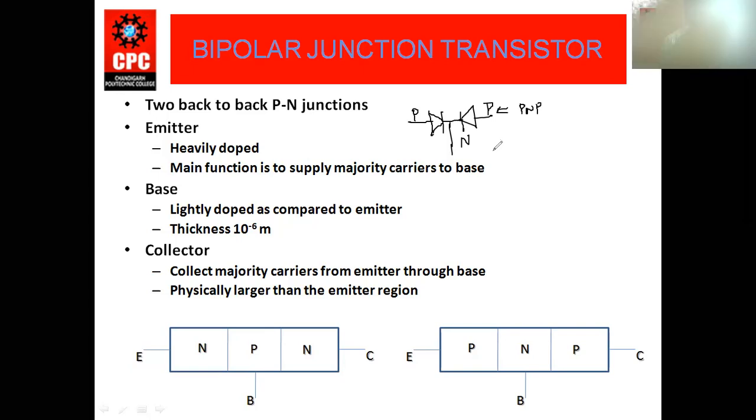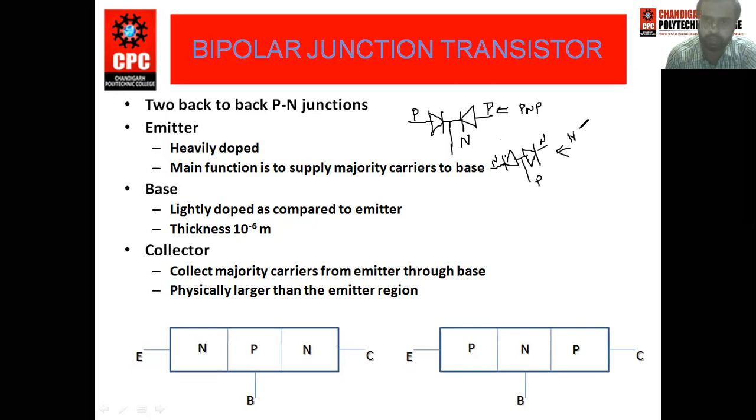After that, when we connect the diodes like this, it is also known as back-to-back. This is your N, this is your positive, and this is your negative. So with the help of this, we can form the NPN. This is the construction of transistors, how they can be connected and how they are formed.